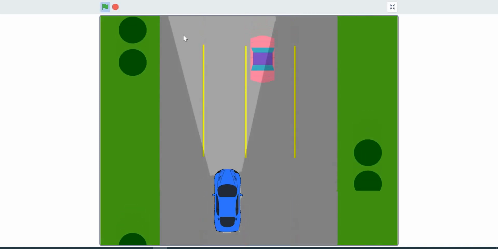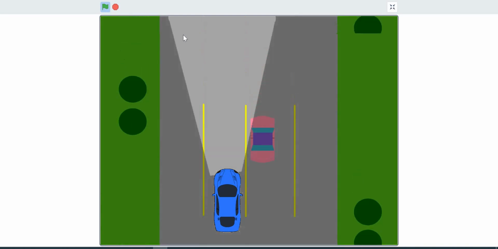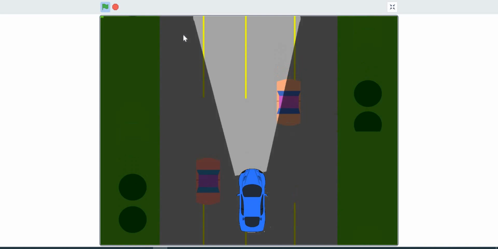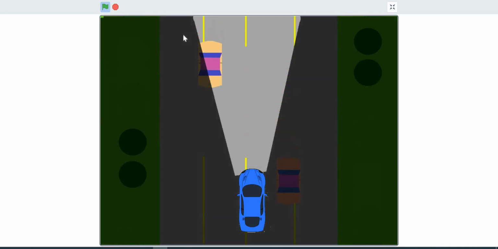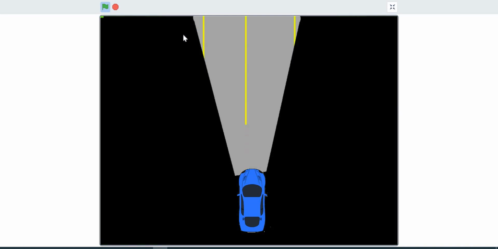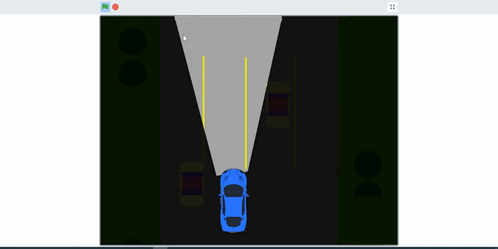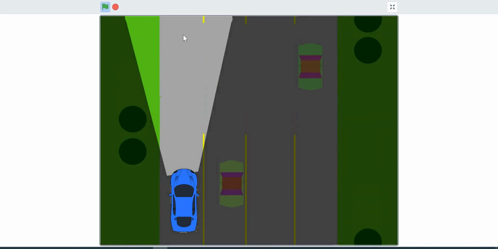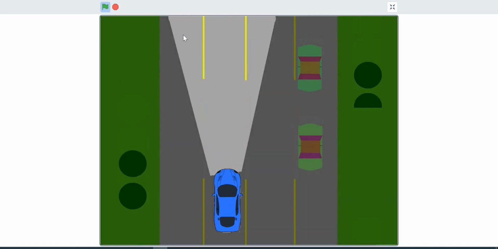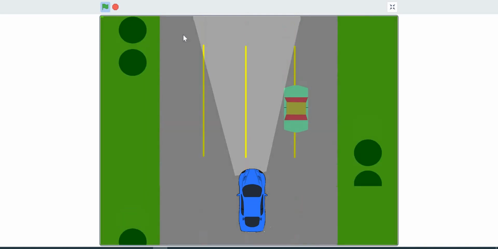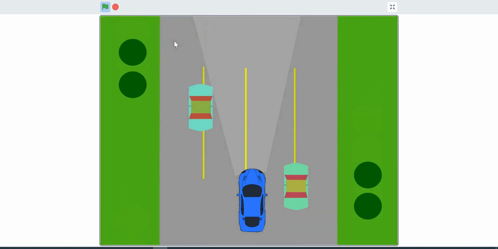So notice this backdrop starts scrolling. Now the car overtakes all these other cars, and so we are moving ahead. But now the night is falling, which means our visibility is going down. Only something in front of our headlight is visible to us, so we have to be a little bit careful. But then slowly the day starts appearing, and we can see more and more cars. So that's how the game goes. Like I said, it's a fun game. Do not try to drive like this in real life, else it could be quite disastrous.